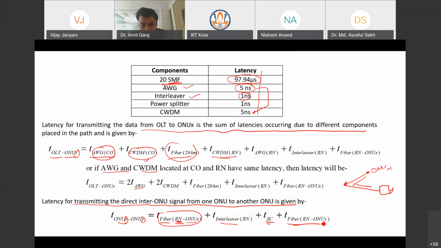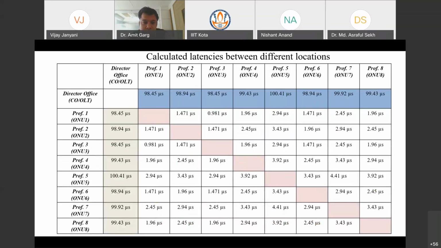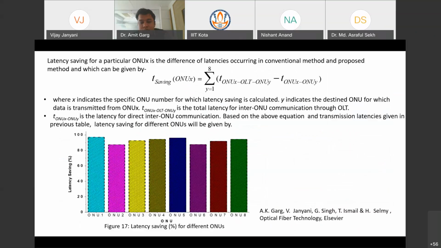So based on these calculated latencies between different locations, you can see that these are the locations 1 and 2, and these are the latencies. And then based on the timings, you can see that there is a latency saving. How do you calculate the saving?